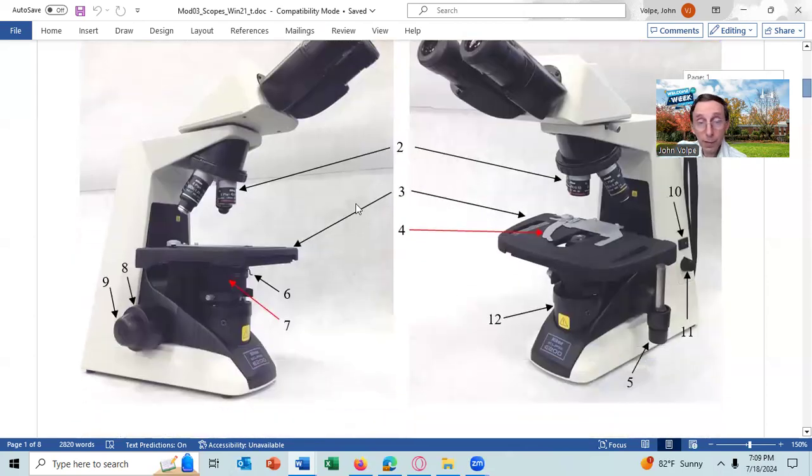The objective lens will magnify the specimen that you're viewing. So both the ocular lens and the objective lens will magnify your specimen that you're viewing. You should know the